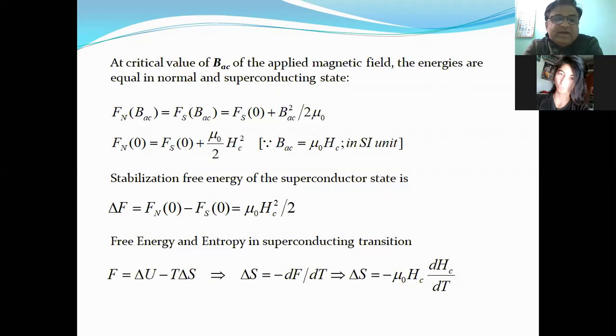It means it is comparing the free energy in the normal state when there is no field. So zero inside means there is no field. And when it is a superconductor, in the absence of magnetic field. So this equation is telling us, in the absence of magnetic field, what is the change in energy? It means if you drive the system from normal to the superconducting state by reducing the temperature, in the absence of magnetic field, so zero means you don't have magnetic field, then this is the stabilization free energy, which can be expressed in terms of